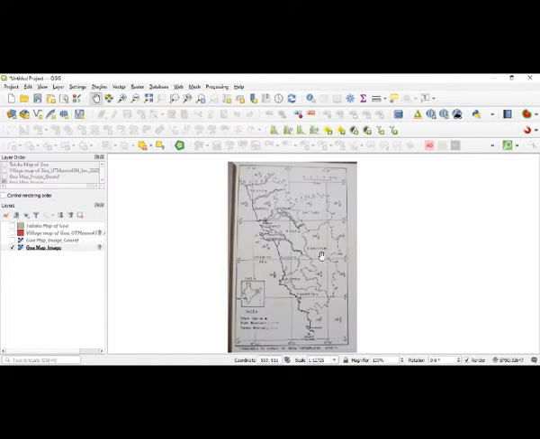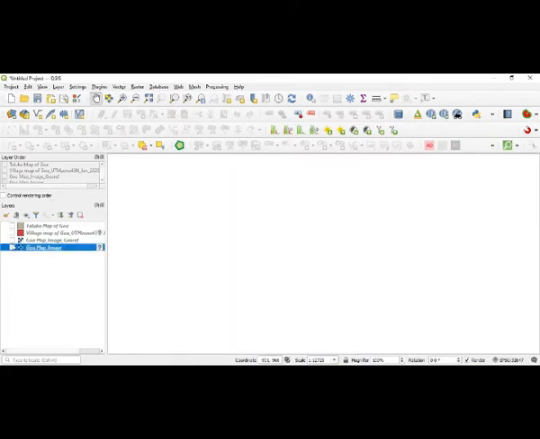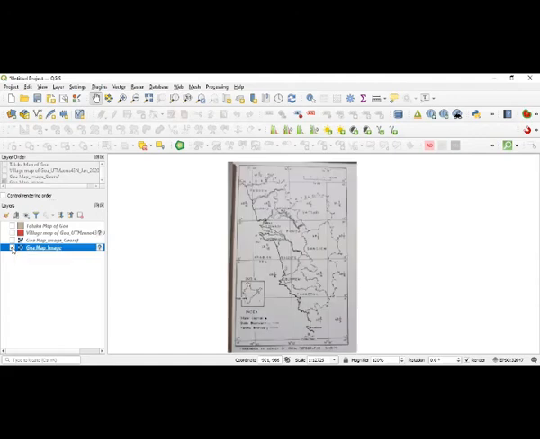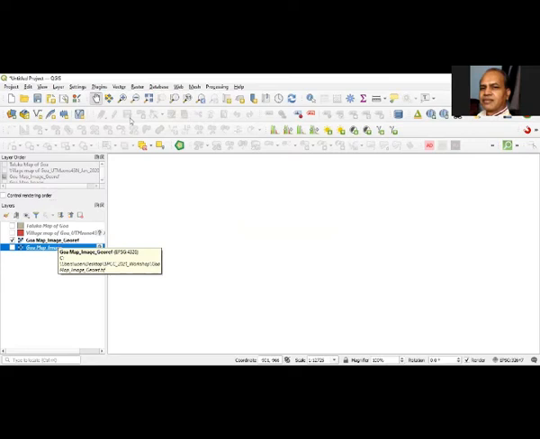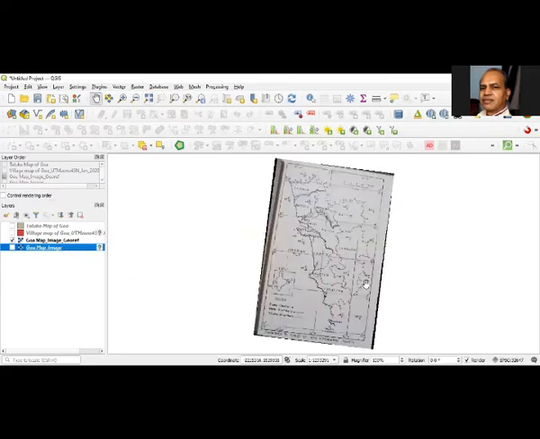Okay, and that's how now I will uncheck this one, and one more I will activate. Now you can see that check in and check out, what you are going to do here. So this will help you to take whatever image you are interested in. Now I will check this one. Now I have already checked, but the map is not seen here. So under those circumstances, you have to go to zoom full. So when you go to zoom full, you can see that the map is shown here.